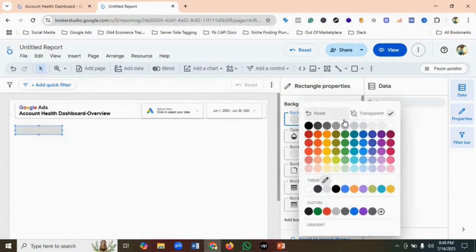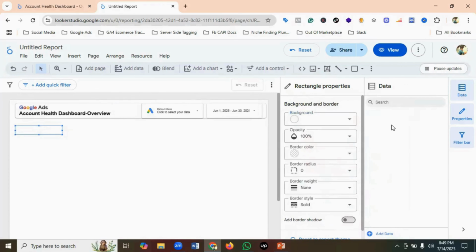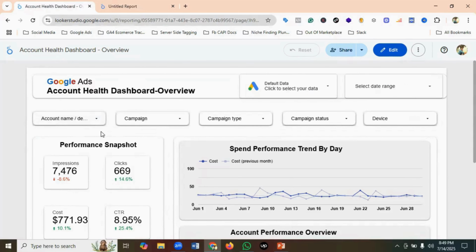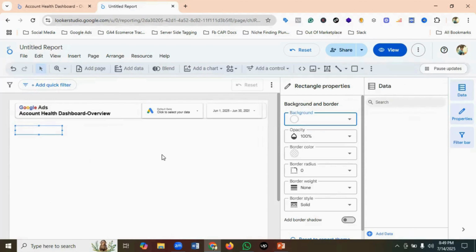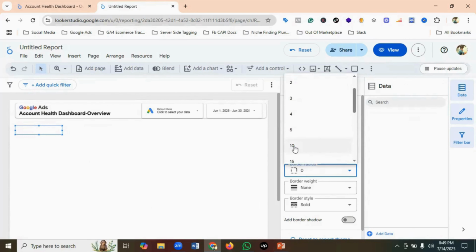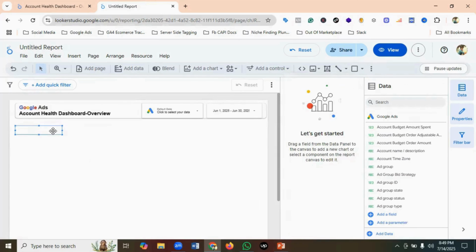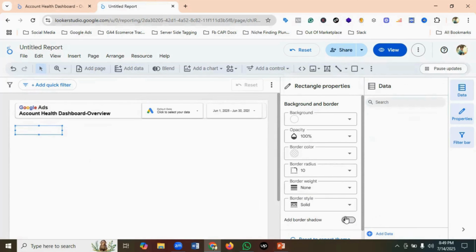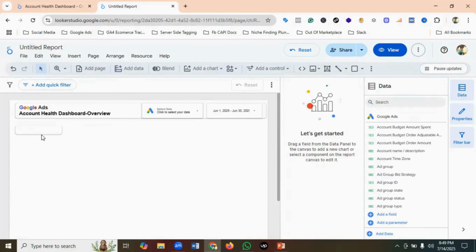Perfect. Now we need to change the background color because this is the white background. Okay, so we are gonna be using white background, and the border radius should be 10. 10 is okay. Then we are gonna be using a border shadow so that we can see some visibility. Okay, perfect. Now